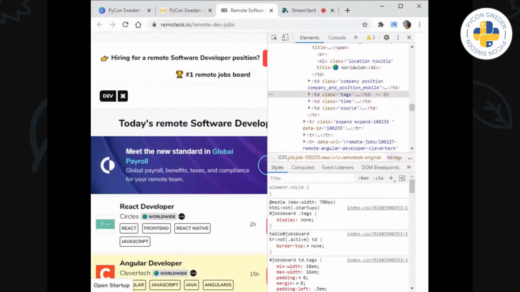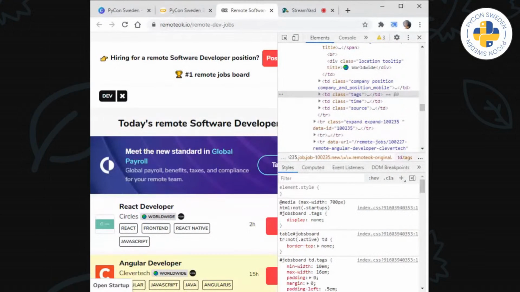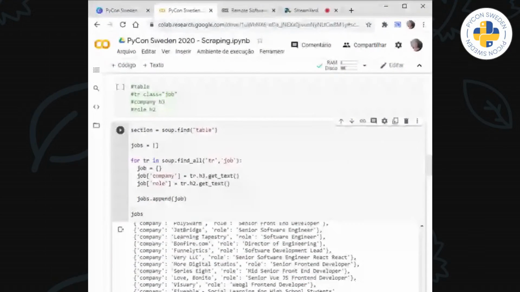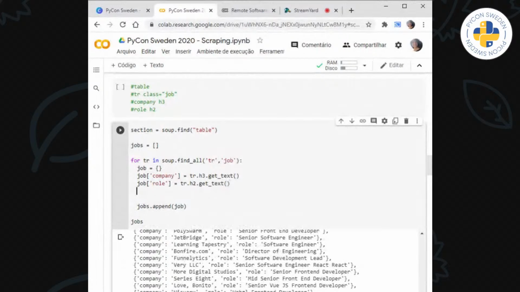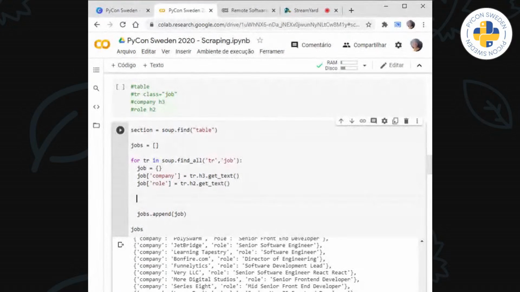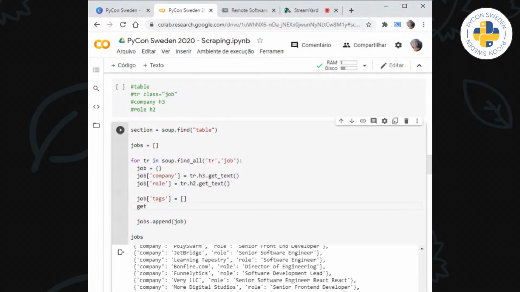So what we're going to do first is, here we are going to get the tags, right? So job tags, create a list for that because there are many of them. I'm just going to create something so I can have the specific tag.